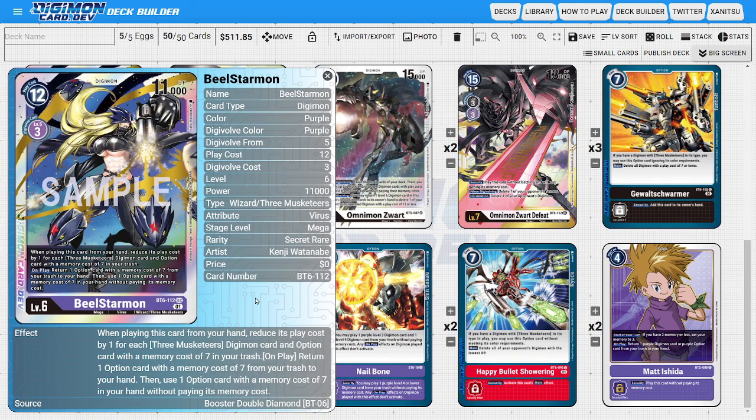So it doesn't necessarily have to be the same option you're grabbing back, but the fact that she could basically allow us to toolbox our options is making her really, really powerful, on top of her reducing her own play cost, allowing us to literally just raw play a mega for relatively cheap, is just why Starmon is looking to be very, very powerful. On top of the fact that she is a 3 Musketeer and does have all of